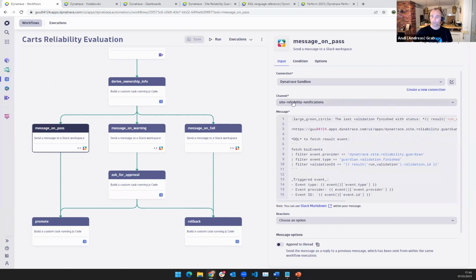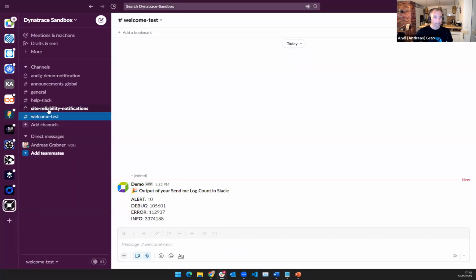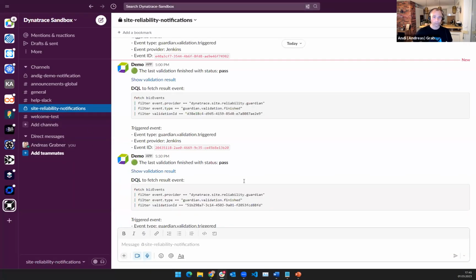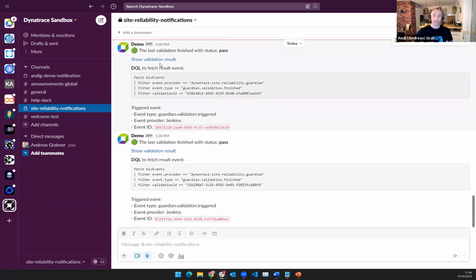And I think this is actually sending it to the same Slack connection that I used earlier. So if I go back here, you can see the site reliability notifications. Every half an hour there's a build happening, and every half an hour that workflow triggers, does the evaluation, and sends me the notification, in my case in Slack. If you're not using Slack, if you're using something else, you can send it to whatever tool you have. You can create a Jira ticket.